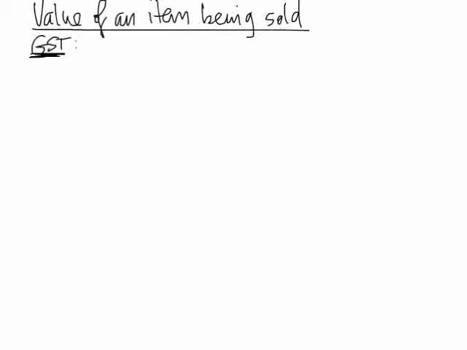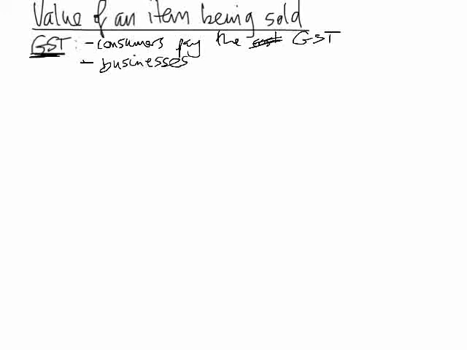This system of the GST is designed so that consumers pay the GST in full. But the businesses are the ones who collect it, the collectors of GST. So they charge the GST either to you at the end of the chain or to each other as the item goes from manufacturer to wholesaler. And then they collect that money and send it to the government,